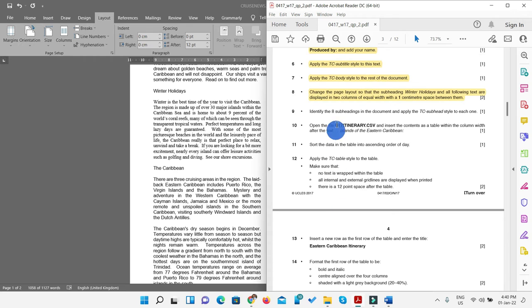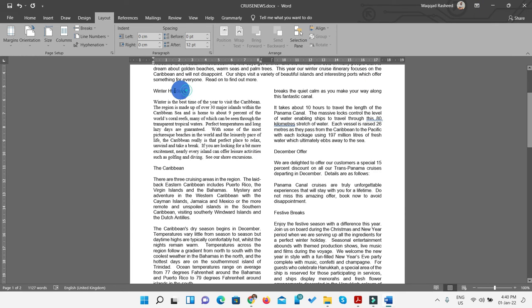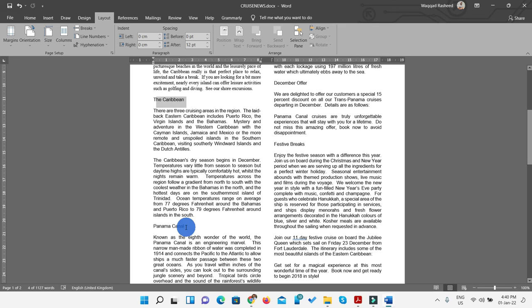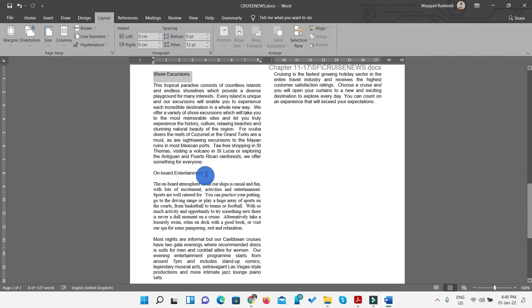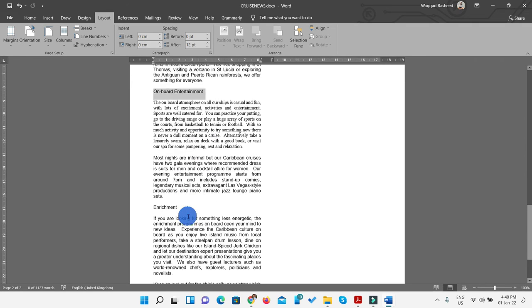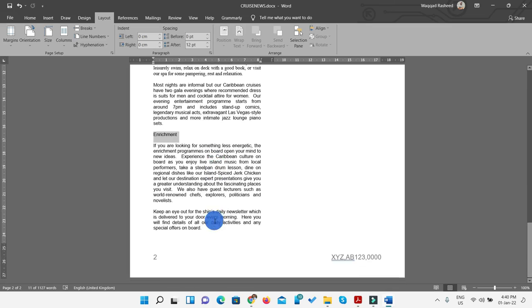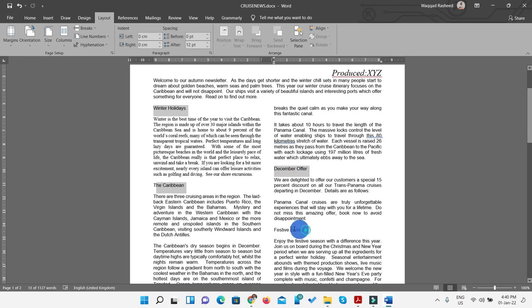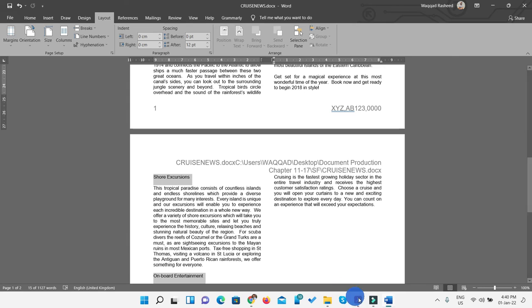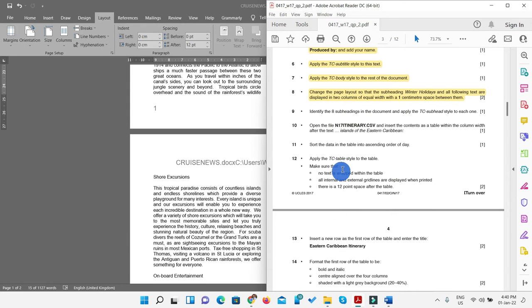So next step, identify 8 subheadings in the document and apply TC sub head title to each one. So these are the headings. I'm just going to click Control and select all of these headings like this. I'm using the Control key, so this is kind of an easy thing to do in one go. So just choose all of these subheadings. So here I go. All together, they are 8 subheadings, and according to them, apply TC subhead style to